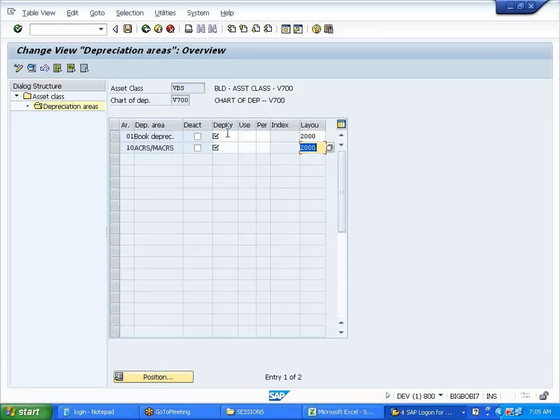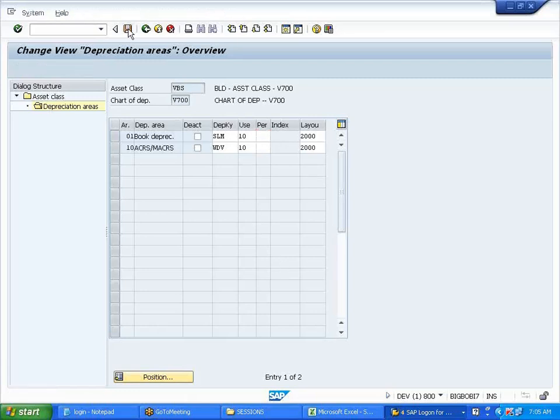Now you tell me, for book depreciation, what depreciation do you want to calculate? SLM, useful life, SLM. WDV for this building? SLM. Okay. Do you want to calculate a different depreciation for taxation? Okay, I'll use WDV, for reporting purposes. Now here my useful life, I'll say 10 years. But you can overwrite it in the front end. I'll show you all this. 10 years, 6 months period. Enter.